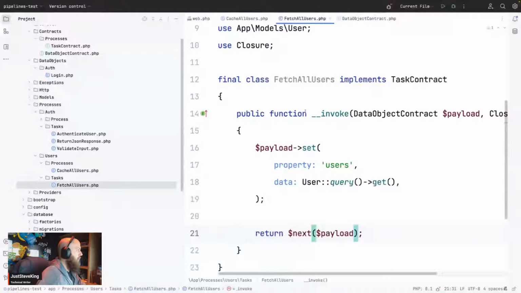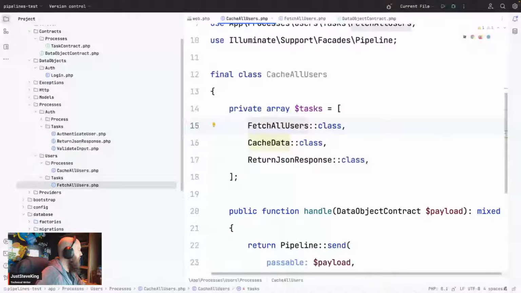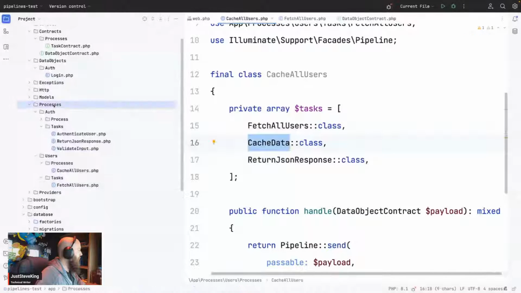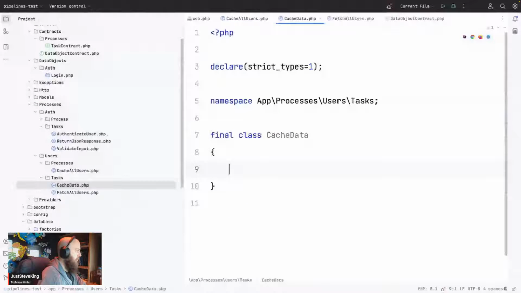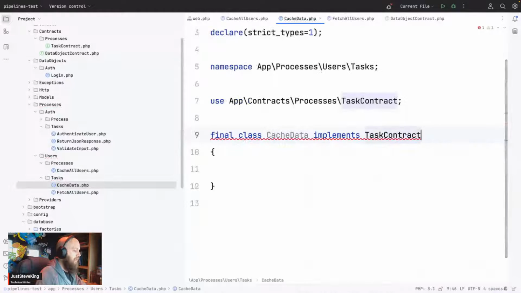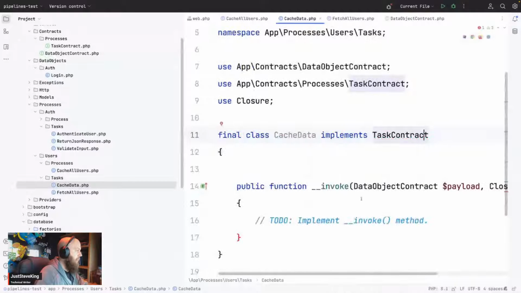So let's just import that and cache data. That could be like a shared process. We'll keep it in here for now, a shared task, but we'll keep it in here for now. Cache data, public function. Keep doing this one. This is very new. This is something that I'm testing an idea for. So we're going to implement the task contract, add the method stubs,